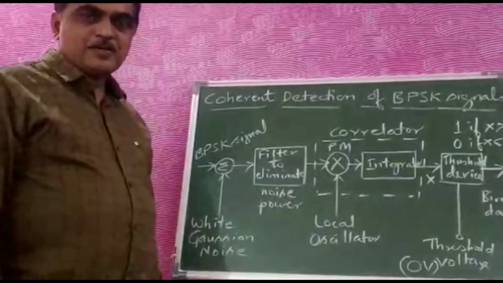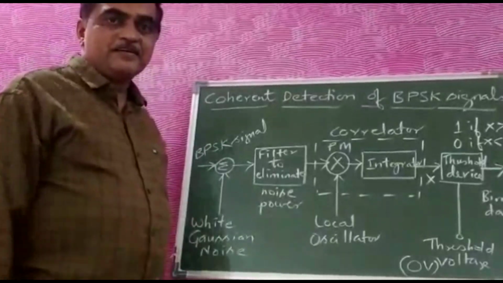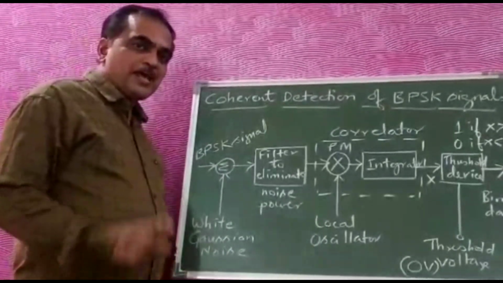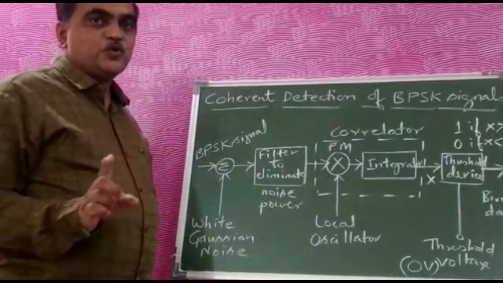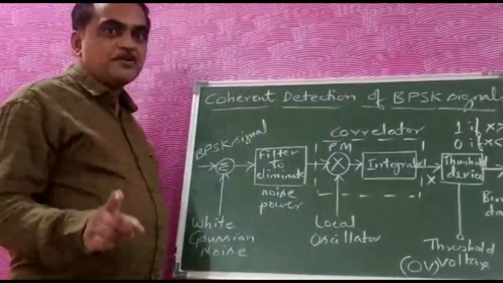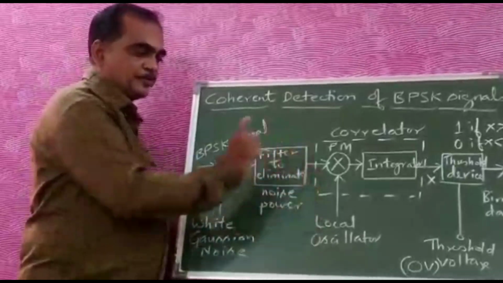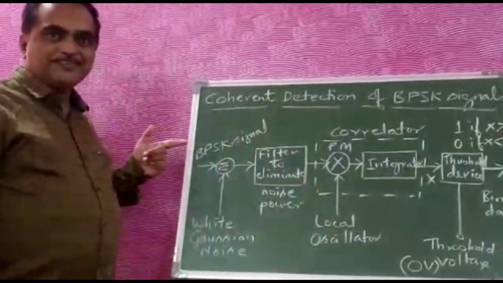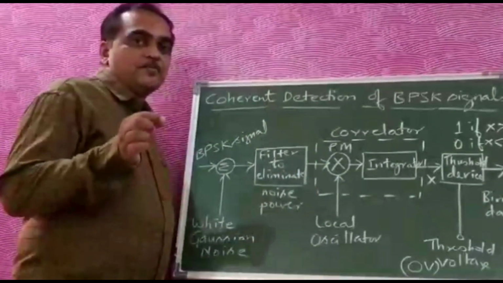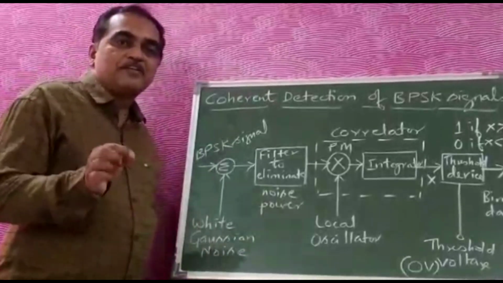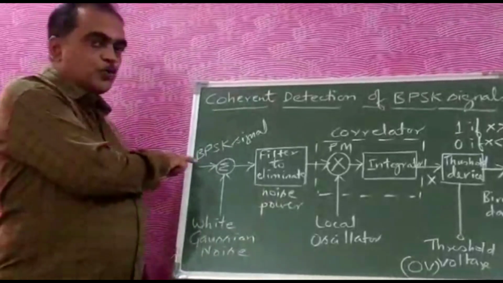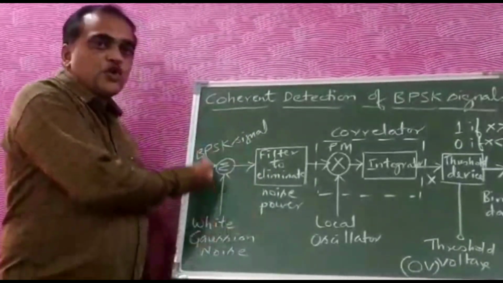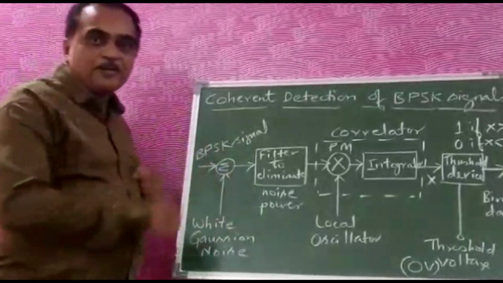But dear students, now we will see how we can detect a BPSK signal, that is the BPSK demodulator. In this we have only coherent detection. There is no non-coherent detection. Because it is coherent detection, we are showing this local oscillator. Here the BPSK signal is the input, that is the carrier which is varying in terms of phase while it is carrying the binary data information. That is going to come from the transmitter to this receiver. And while it is coming, noise also will be added to it. So everything together will come to the receiver.